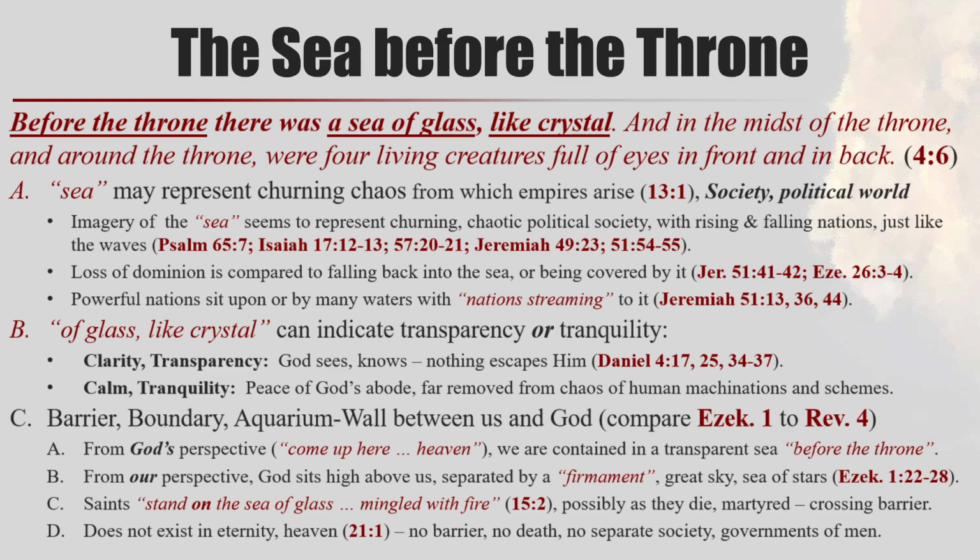Caleb used to have this pretty good sized saltwater tank. We would stand over the top and we would look at the fish and see the light bouncing off of it as the fish were swimming. I always wondered, what did it look like if you were a fish looking up? What would you see, watching the lights reflect off the surface? And anyway, I can't help but think of that as the idea of this being like the aquarium wall between us and God as we look up, and that's what Ezekiel sees.